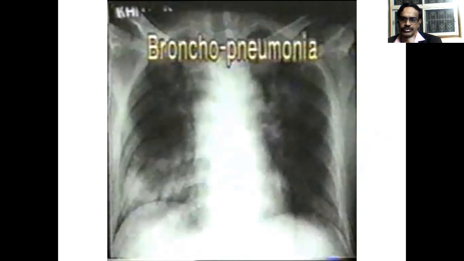So here also you can see phantom tumor between the middle and the lower lobe of the right lung, and you can see the pleural effusion, the costophrenic angle on the right side and left side both is obliterated. There is cardiomegaly also in this X-ray. So bronchopneumonia, you can see cotton wool like fluffy nature or shadow is seen, discrete shadows are seen in the right lung.